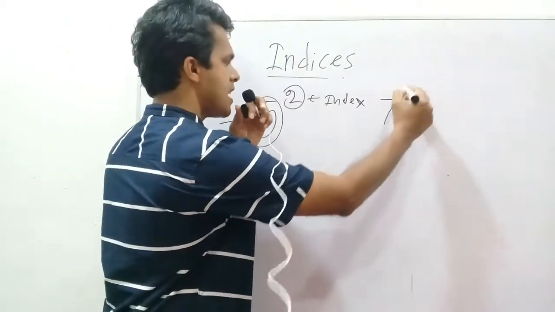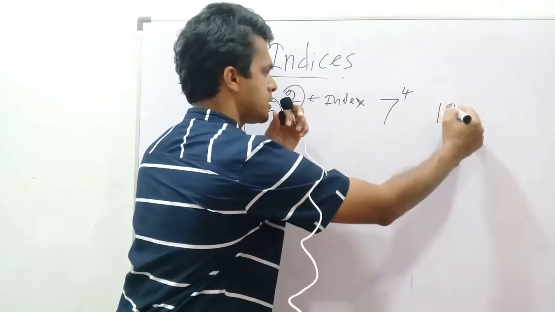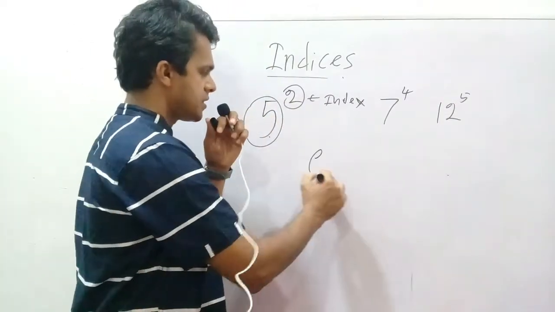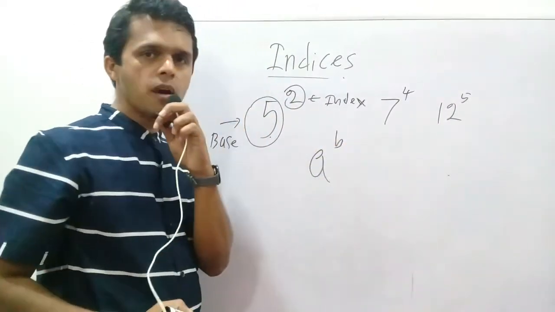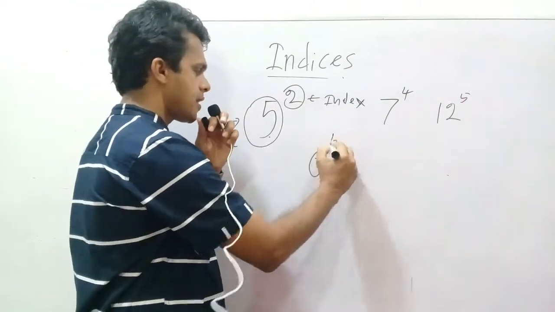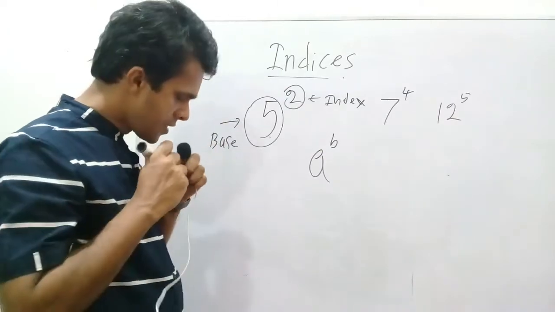This one can be said to be 7 to the power 4. How do you express this one? 2 to the power 5. This one, 8 to the power b. The base is a, the index is b. Now